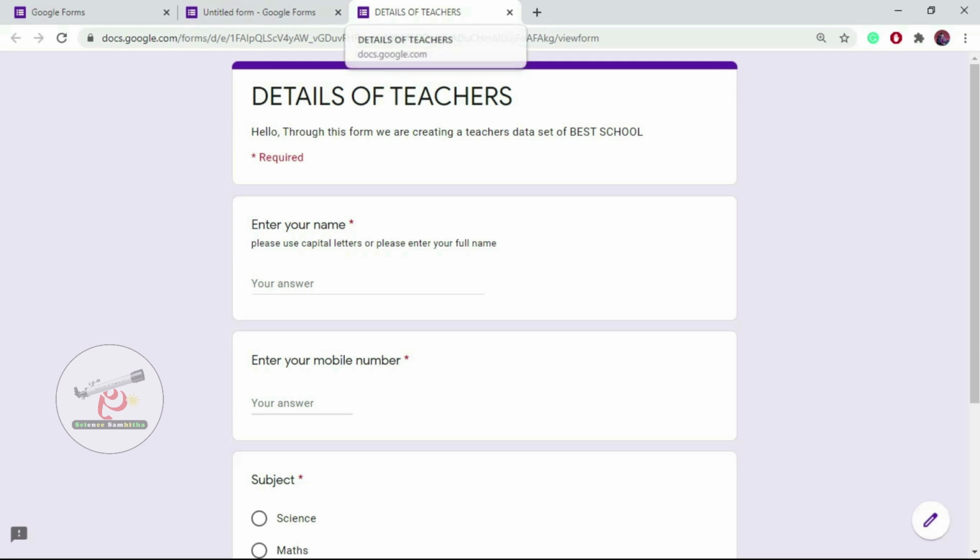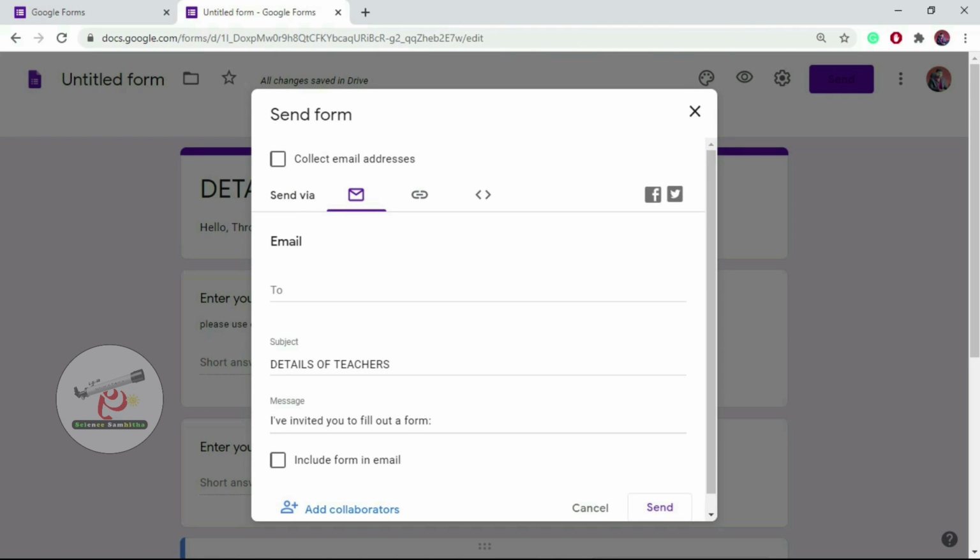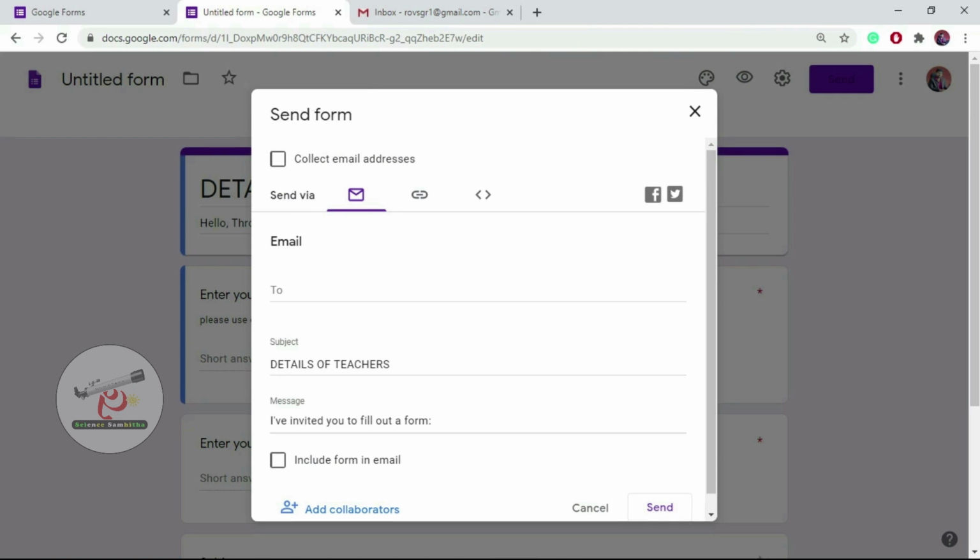So this is a simple Google form. Even you can change the color here, and you can change the font style, and you can add the letterhead of your school or your institution. So that we will learn in our next video. But now I will show you the next options. Okay, so here your simple form is ready, and we have previewed it, and it's okay with us. Now click on send. You will get 3 options.